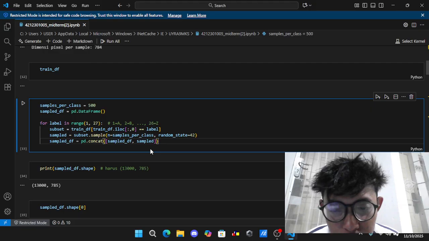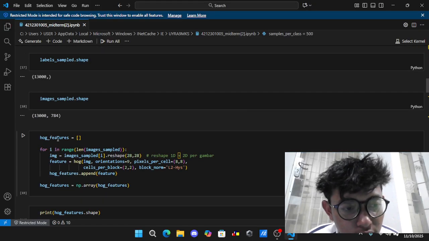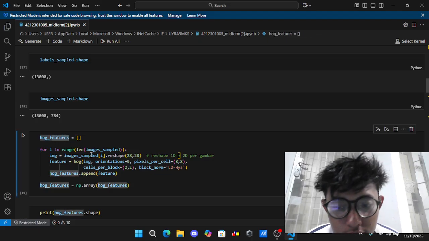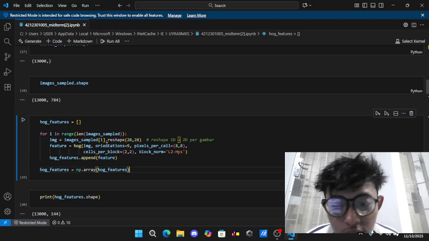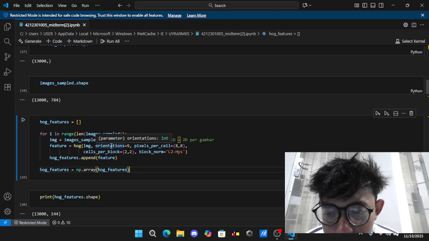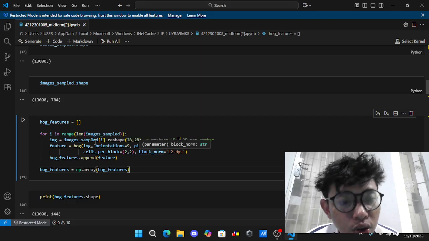Okay, next is the HOG features. The HOG features are extracted in this section, after each row of pixel data has been reshaped into 28 by 28 pixels.